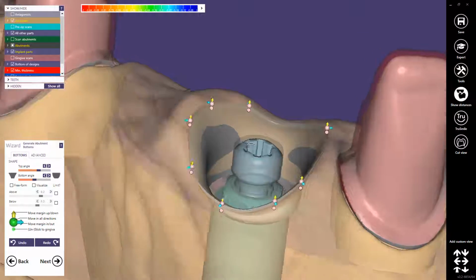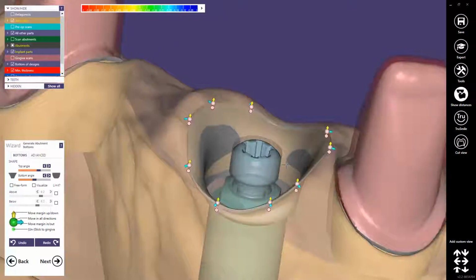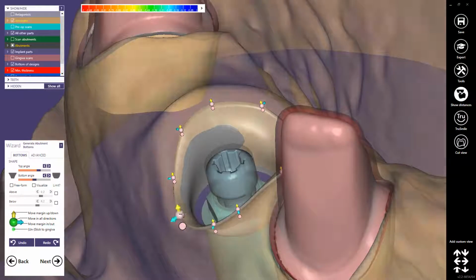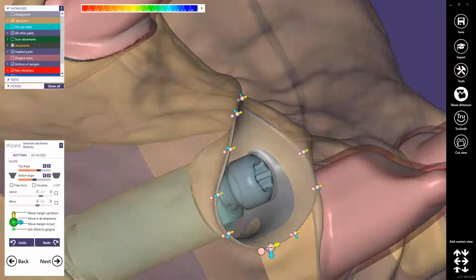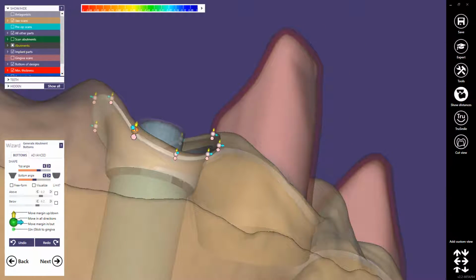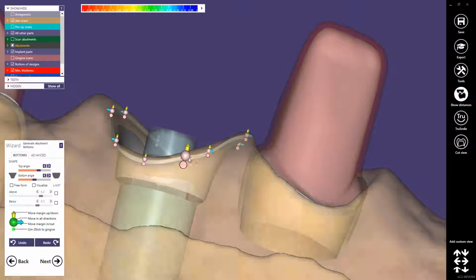So therefore just add one here in the middle of the approximal side, and then on the buccal side I go slightly below the gingiva. Just verify from this direction. Okay,